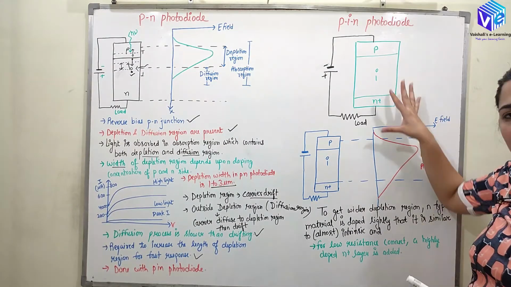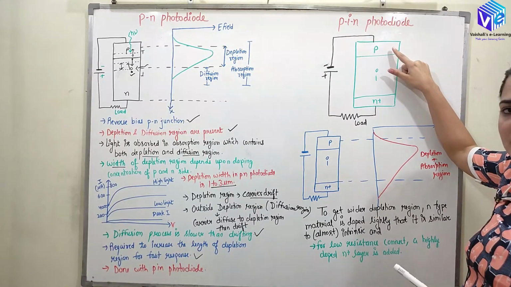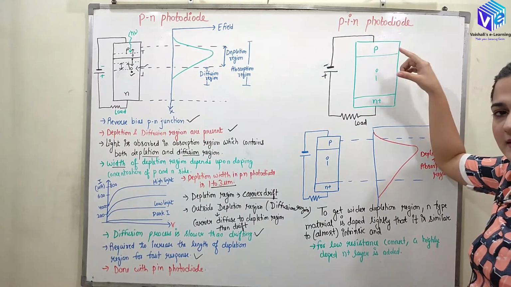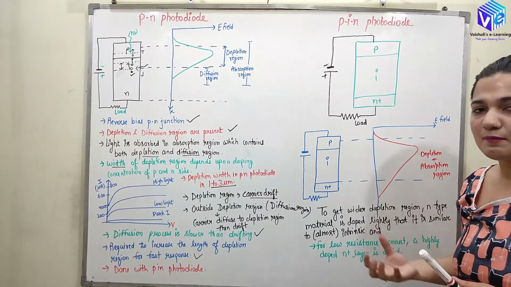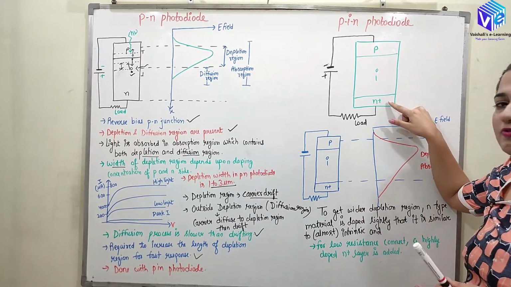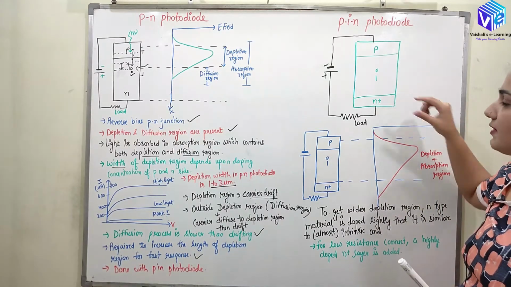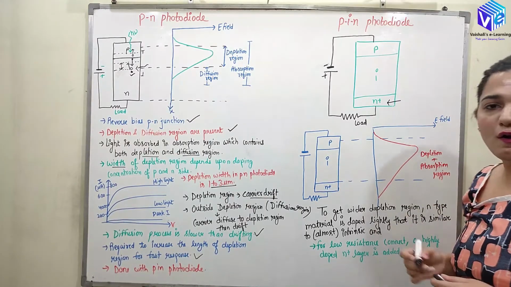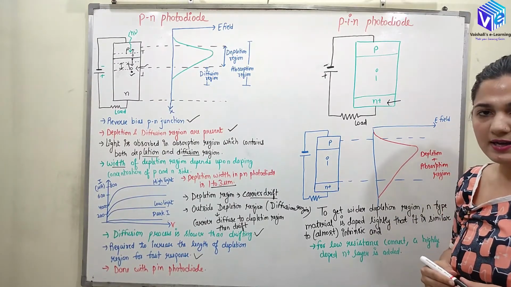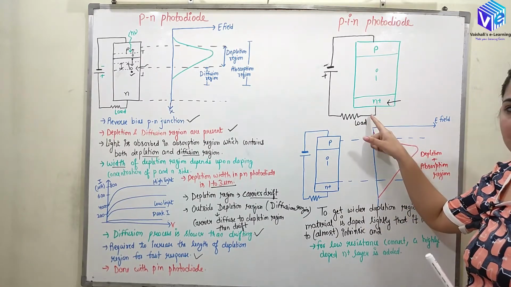Right, so this is also a reverse bias structure, but here this is the P type of structure. We know that when the semiconductor is doped with a group 3 element, it is the P type of structure. When the semiconductor is doped with a group 5 element, it is the N type of structure. So we have the P type of layer. The N plus type of region means we have an excess of group 5 elements here, right? So the concentration of the group 5 element would be very high. So this is the N plus region.